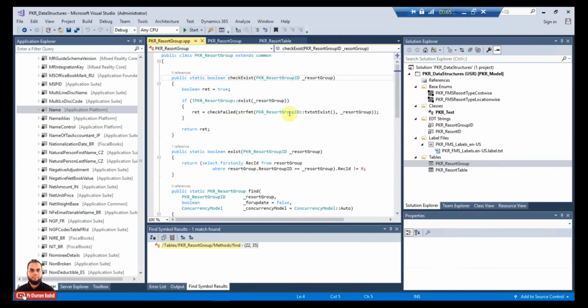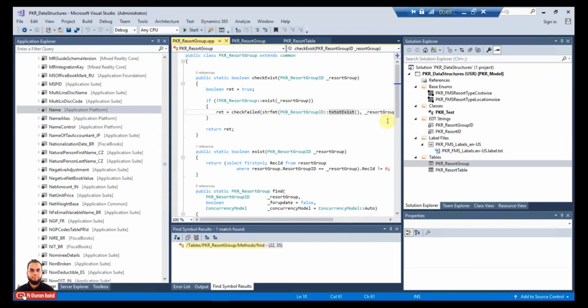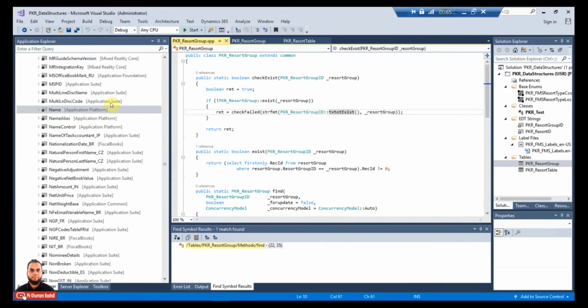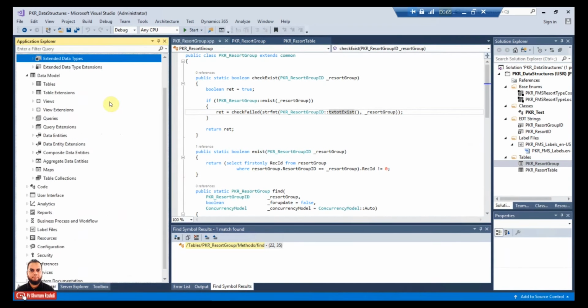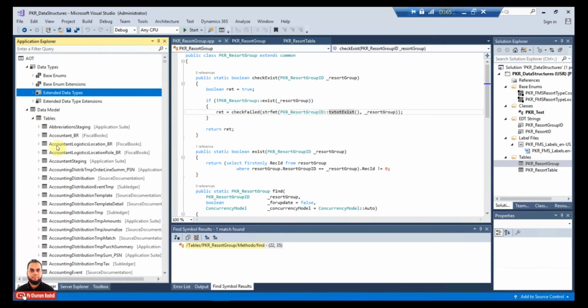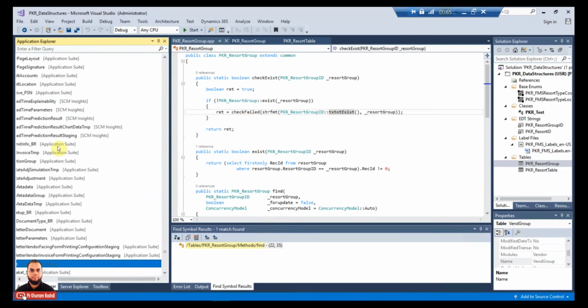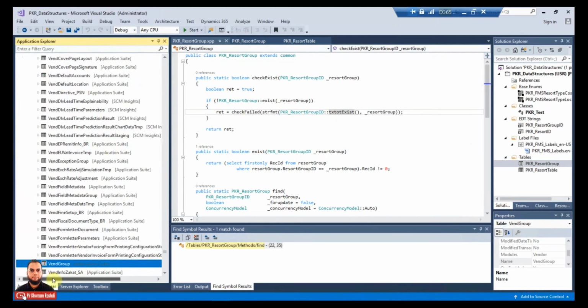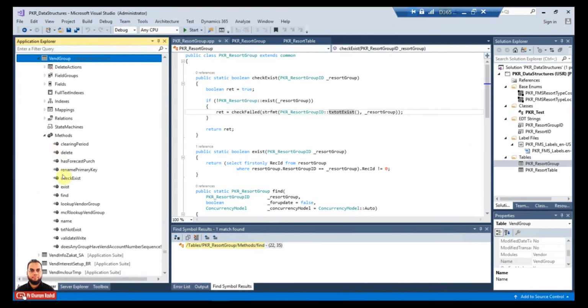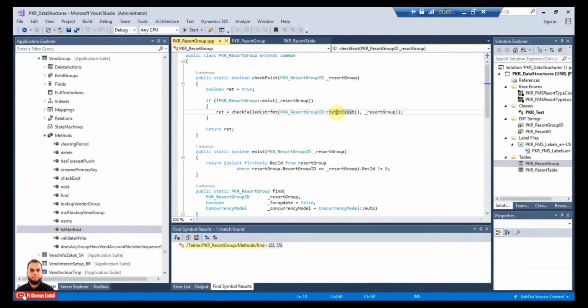There was the txtNotExist. Let me check in the table. This is the txtNotExist method,